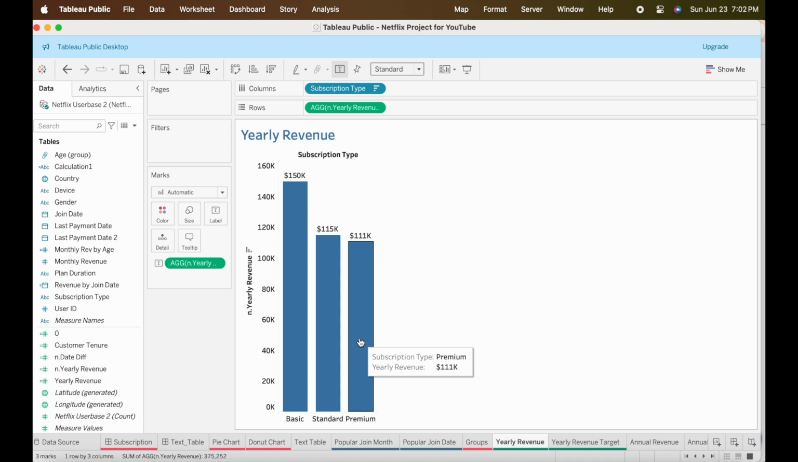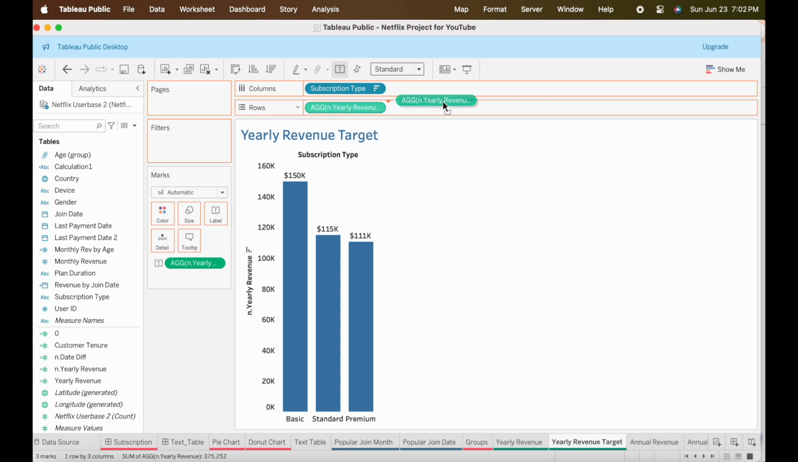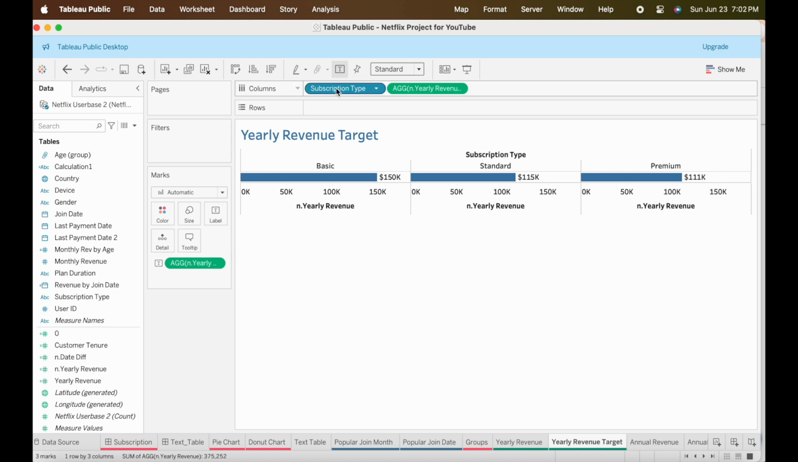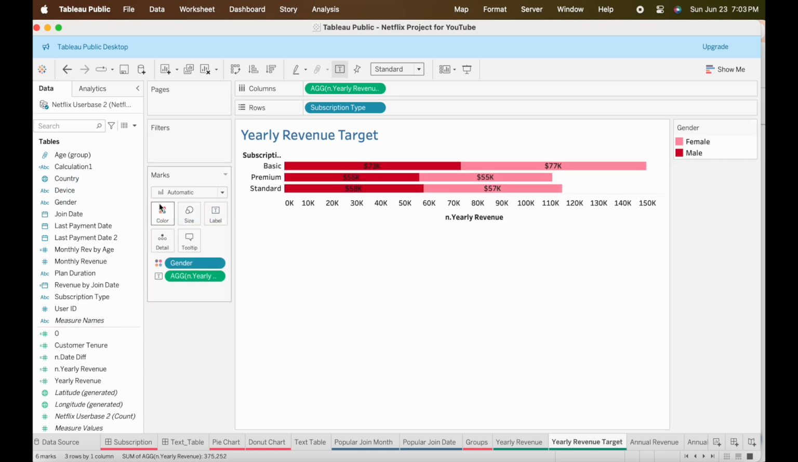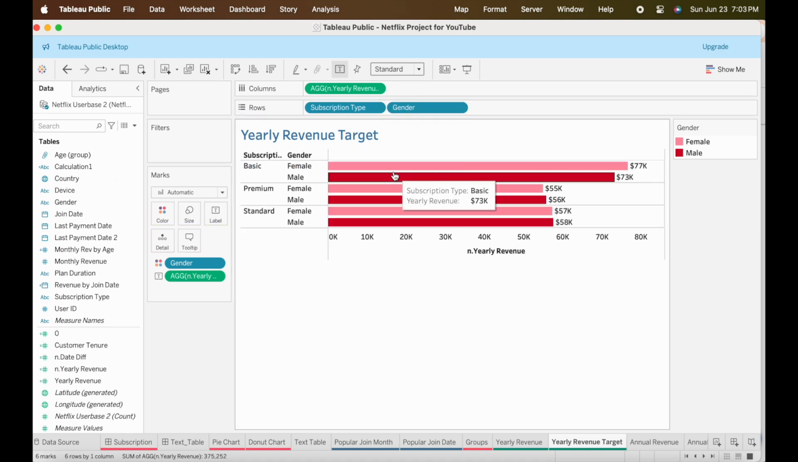So I'm going to keep the subscription type, but I'm going to change these around a little bit. I'm going to move my revenue into columns, and I'm going to move my subscription type down. And then to show a further breakout, I'm going to add in gender, and I'm going to put that on color, if this will work. Okay, so I have it on color, and then I'm going to add it to my rows as well. So we have this additional